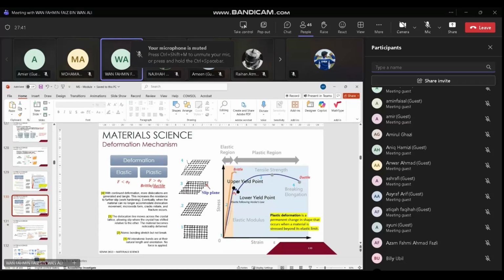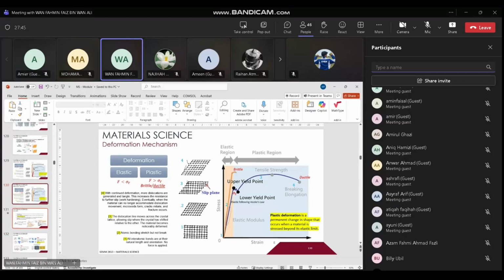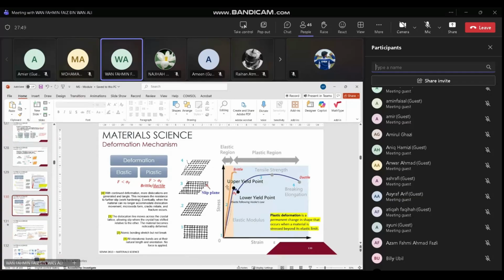Alright. There's supposed to be another slide, but somehow, okay, only one slide. So assuming the first characteristic here, the next plastic deformation characteristic,